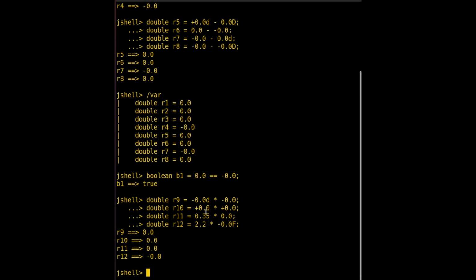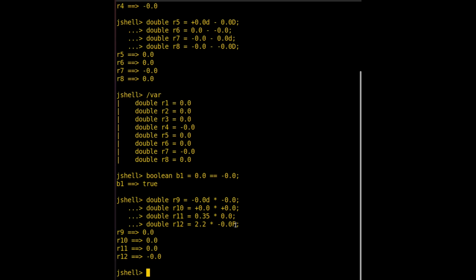I've got a positive double multiplied with a positive double, and I'm multiplying 0.35, which is a double, with 0 double, and I'm multiplying 2.2, which is a double, with a negative 0.0,